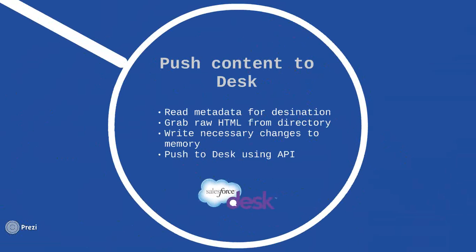Now, what I mean by writing necessary changes to the memory is pretty simple. In Flare, if I wanted to link Article 1 and Article 2, when I look in the actual code, the link will read as 0002.html without any path or anything like that, because when you publish and compile your code, Flare generates those paths automatically. Well, our tool needs to replace that path with something that will work on Salesforce Desk, which is our help website. When you publish an article to Salesforce Desk, so if I publish Article 1 to Salesforce Desk, it will be assigned its own URL.